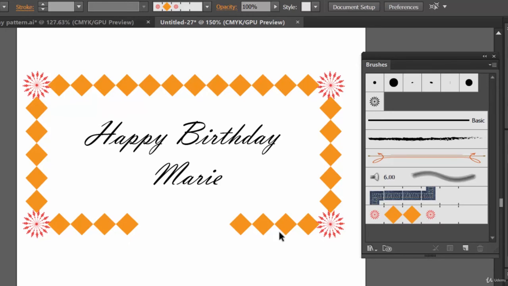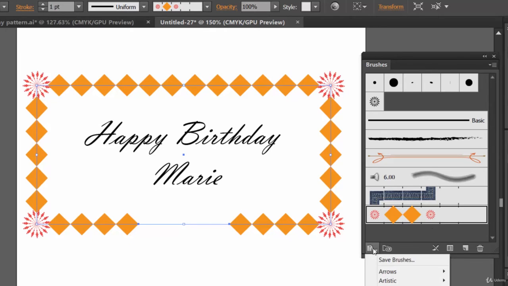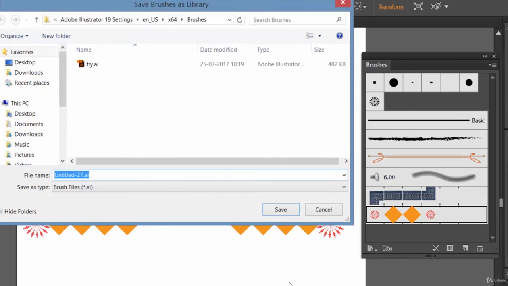And now, if you want to save this in your brush preset, what you can do, click here, click on save brushes, and you can save it to some location. I recommend to save it somewhere else in some folder, and you work from there.